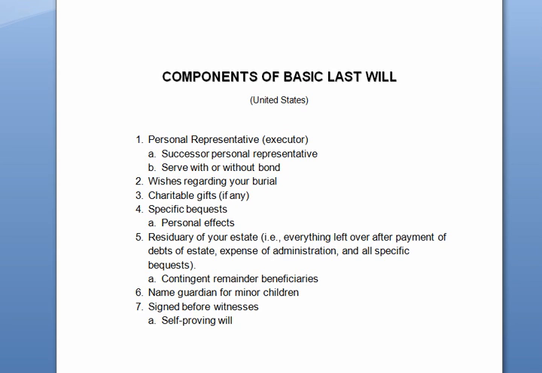Your gold watch, your jewelry, your baseball card collection, your furniture. You don't have to name specific individuals for each one of these items, but you can. And some people are very adamant about who should get those items close to them should they depart this world.